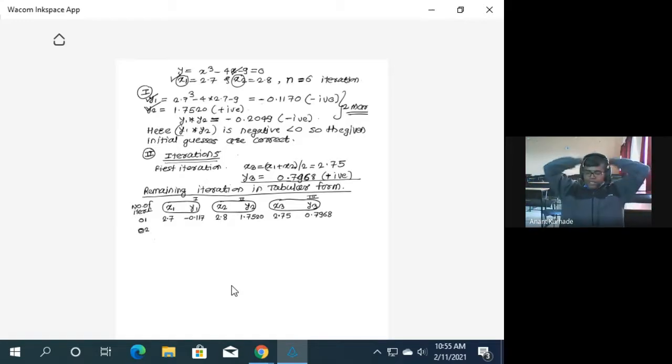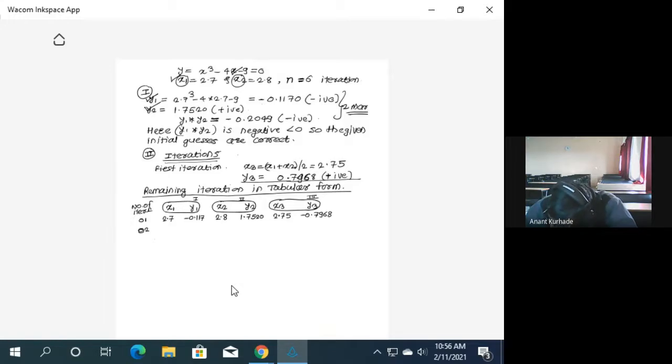Previously I drew one graph and showed the value of x3 and y3. It is not like that. Remember, for the first iteration we calculate x3, for the second iteration we calculate x4, then x5, x6. It is not like that. Always write that we are finding the value of x3 only, for each iteration. It is not number-wise x3, x4, x5.